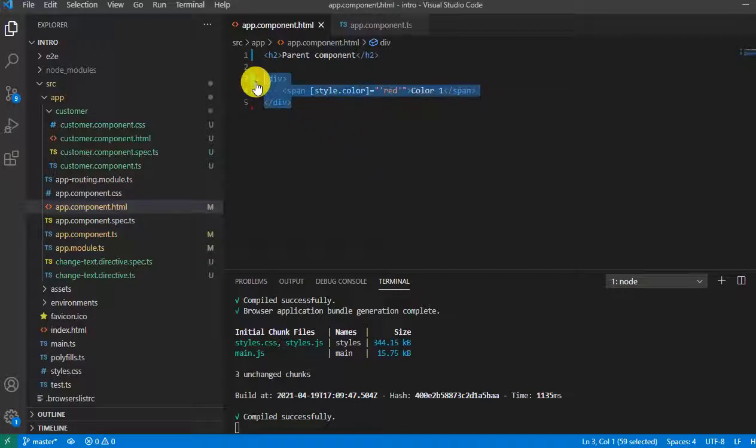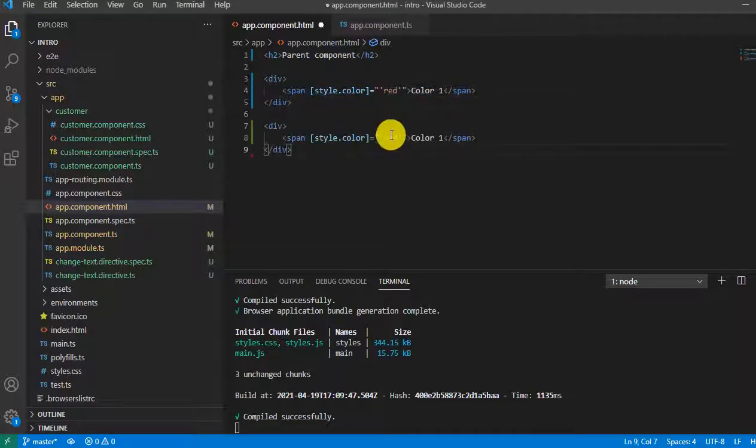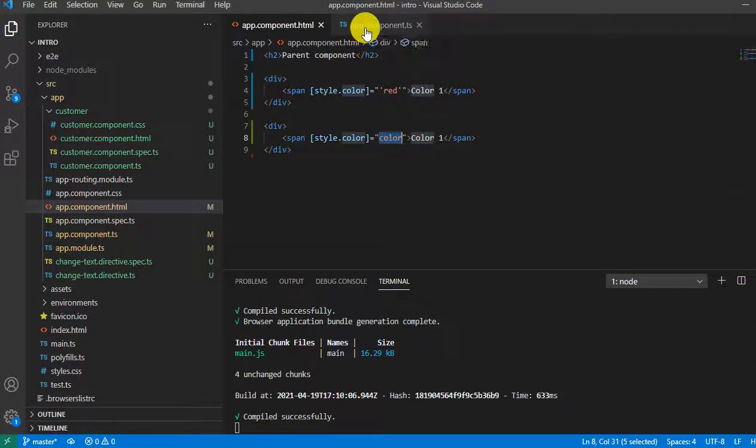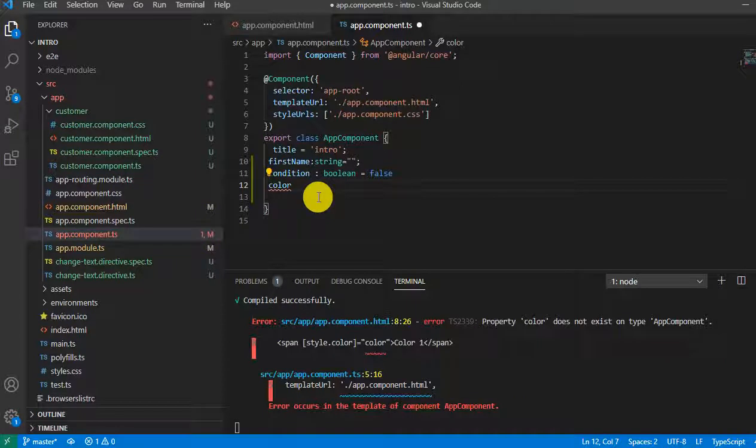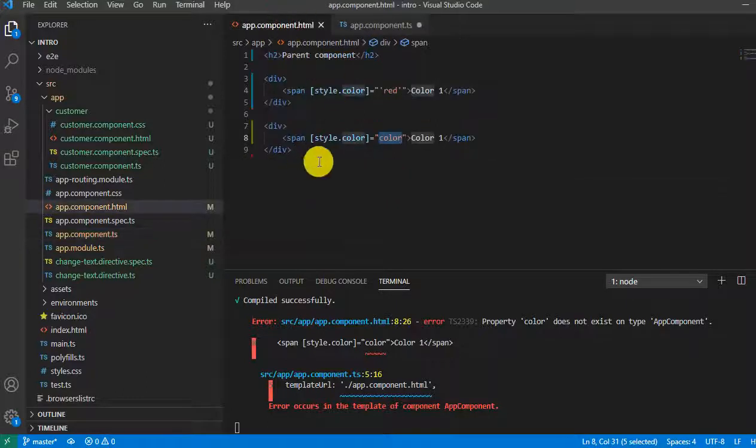Let me change the color to be dynamic, and I'll say color. I have defined one variable color, and that variable has to be defined in the ts file. So let me go here and I'll say red. This variable holds the red value, and that will automatically be assigned to this span, color 2.